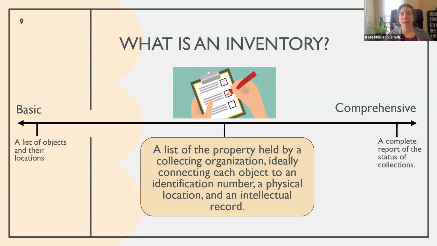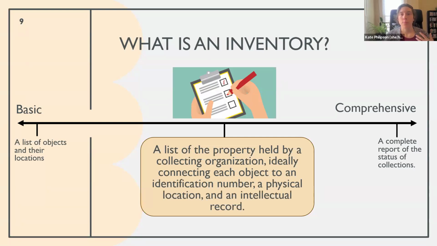Katie also shared that within this scale, most organizations and people have a more realistic thing somewhere in the middle: a list of property held by the collecting organization, ideally connecting every object or collection to an identification number, a physical location, and an intellectual